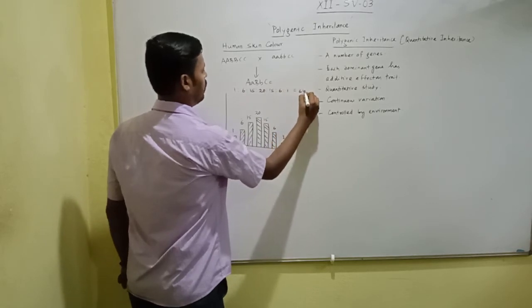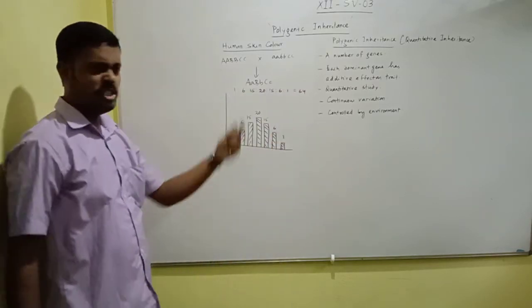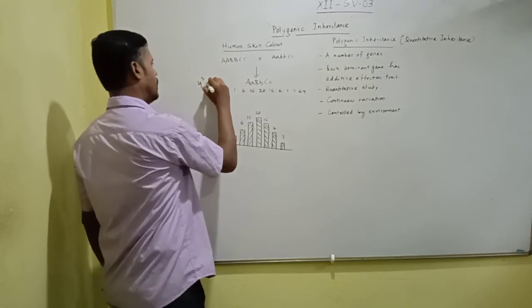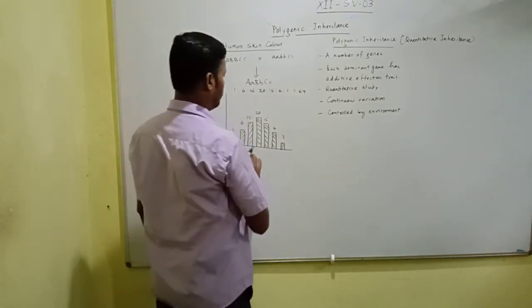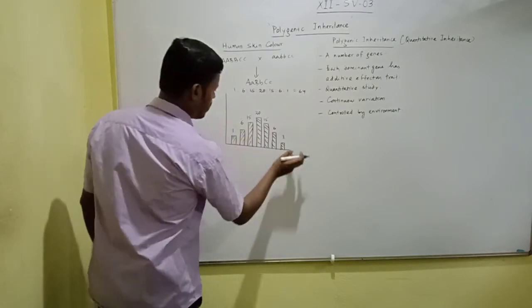This will be equal to 64. If we do a trihybrid cross, 4 into 4 into 4, 64 outcomes will come, or 64 individuals will be studied. So here we write: